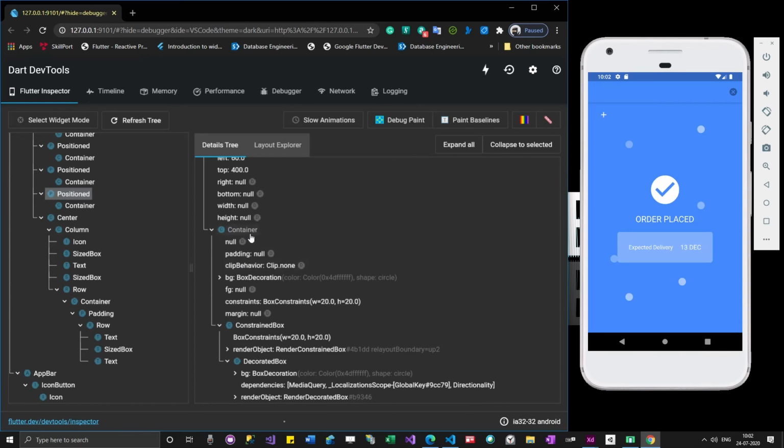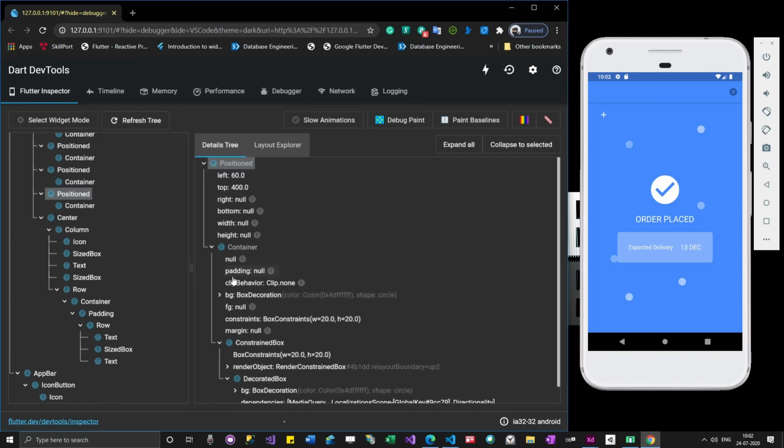You really don't have to be aware of most of the stuff, because most of the stuff which you are not using in your app doesn't make sense to you. That's still fine. And what we have to do now is,